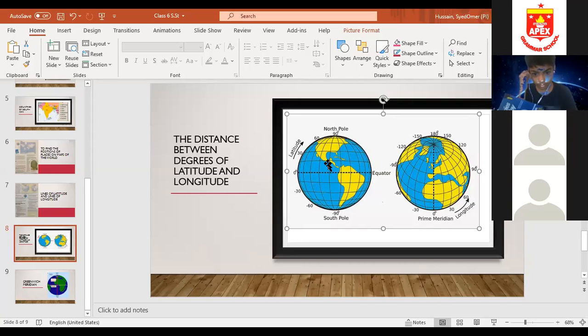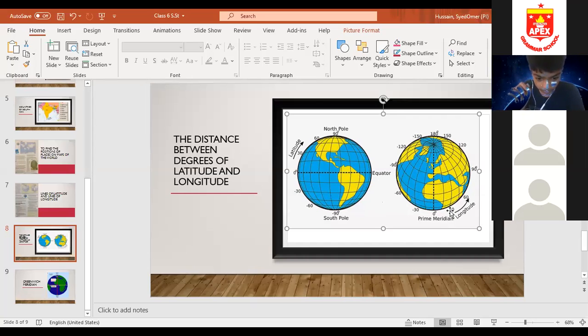What are they telling you? That on maps the prime meridian is numbered as 0. This 0° is basically called the prime meridian. The 0° over here, this is the equator. You can see in this figure that it is the longitude, because the prime meridian is lying at 0° longitude. Not latitude, it is lying at 0° longitude.